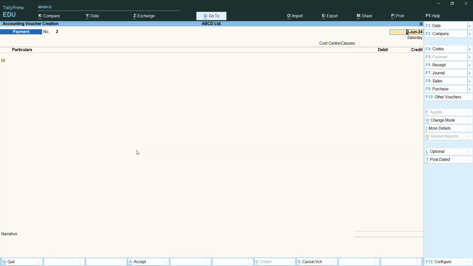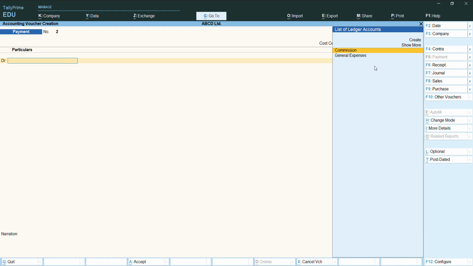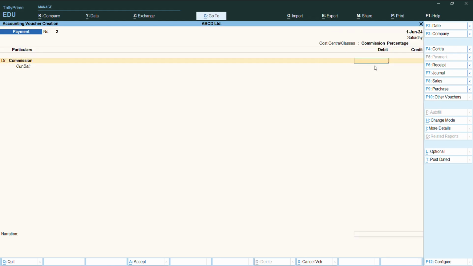The screen is saved. Now you can see a new field is open, which is Cost Center or Cost Class. You can see, come here and press spacebar. Select the list. Here select Commission Percentage, which we made in our last video. Then we have to make the debit and credit. For this, the debit will be the commission, so select commission, and the value was